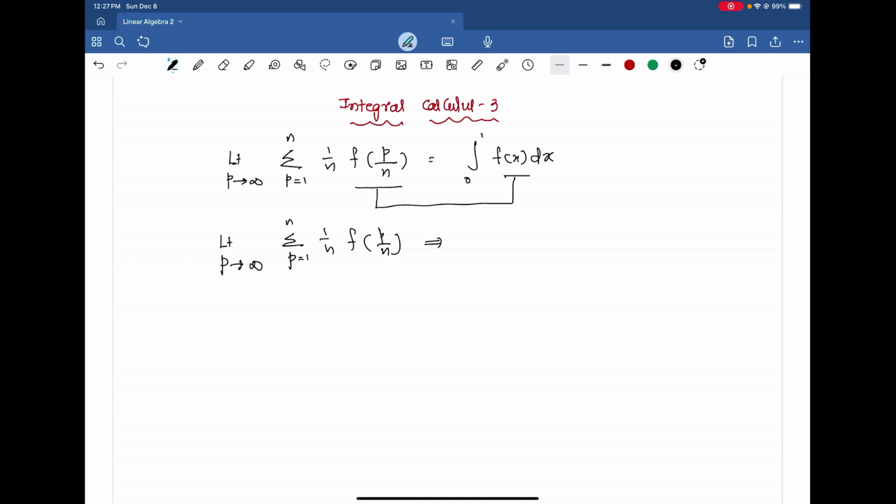The function x is nothing but function of p by n. In this form we have to write. Then 1 by n is nothing but dx. And the series, it is an infinite series extending 1 to infinity, p tends to infinity. Pth element, once we know this, and a definite integral in the form 0 to 1 function x dx is given, that can be broken into this form, some form, and